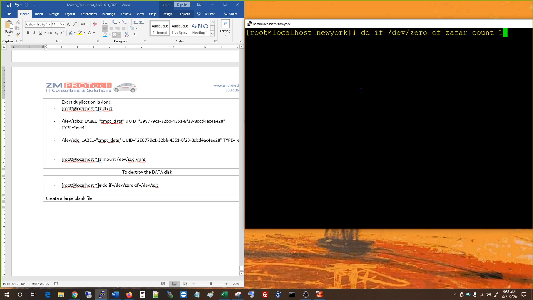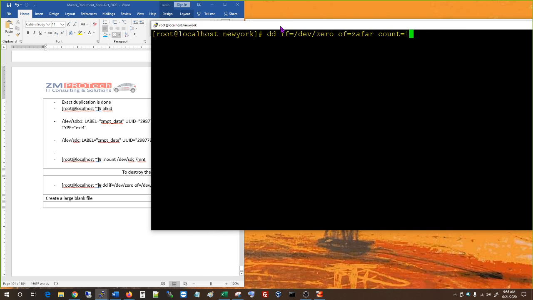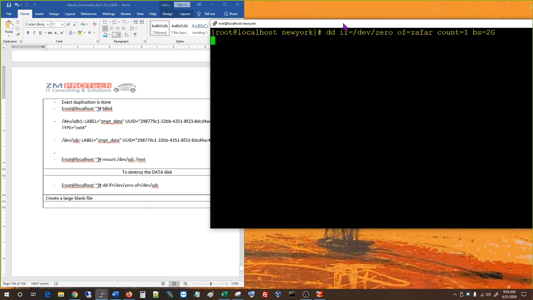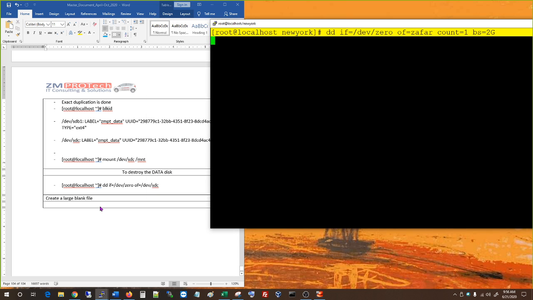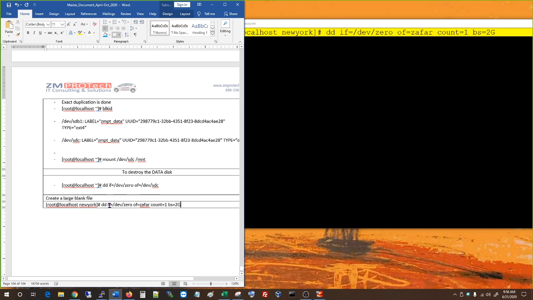I'm gonna create one file, with a byte size so that it is about 2 GB. So what it will do is create a big fat file which has nothing in it, about 2 gigabytes. So this is just one of those things you could use the dd command with. Okay,